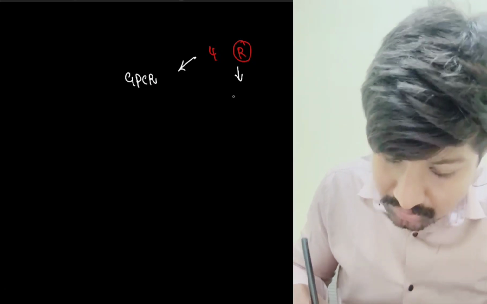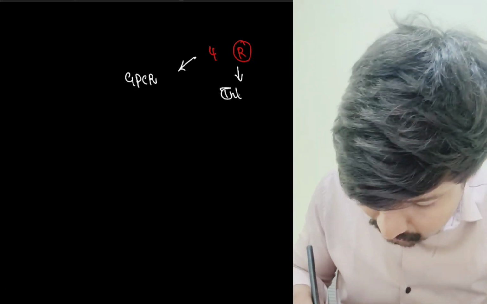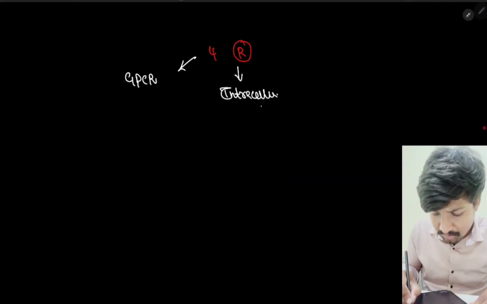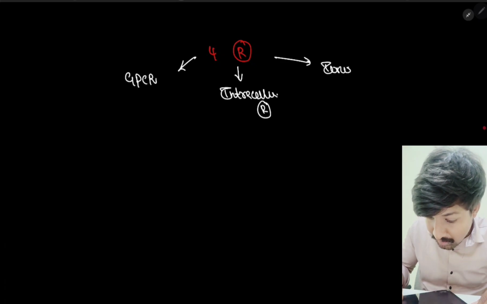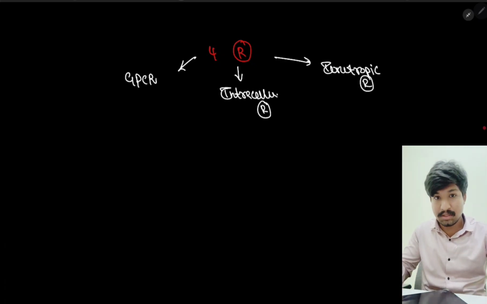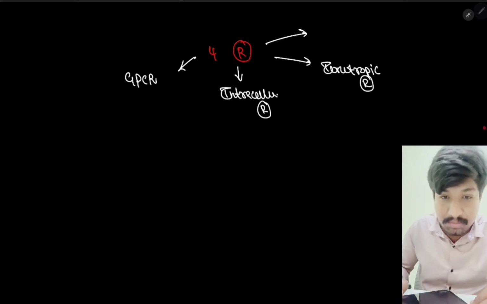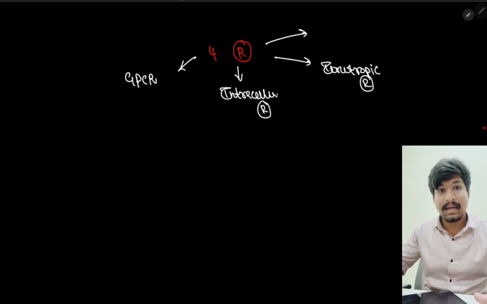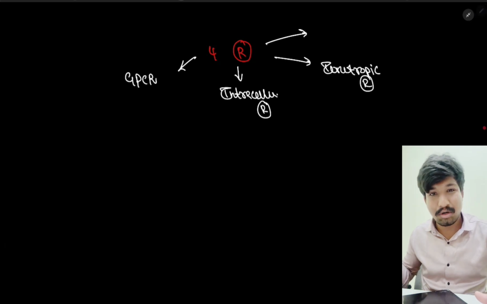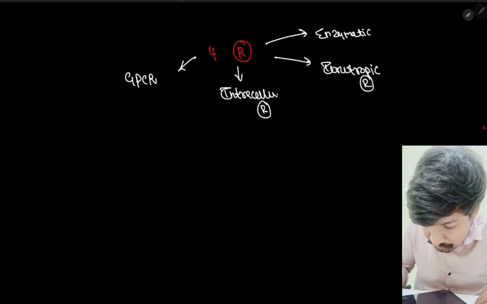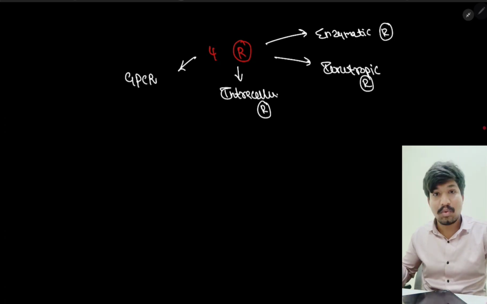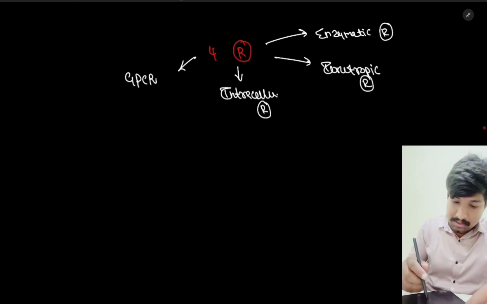Then we have something known as intracellular receptors. We have tons of questions coming from intracellular receptors. Then we have something known as ionotropic receptors. Ionotropic receptor questions have been asked in the recently conducted INICET exam this year 2026. Finally, we have ligand gated receptors, which is also a type of ionotropic receptor only. Enzymatic receptors. Because in INICET they ask like this: what is the ligand gated ionotropic receptor? Like that. Okay, but everything is more or less the same. Let's go deep into it.